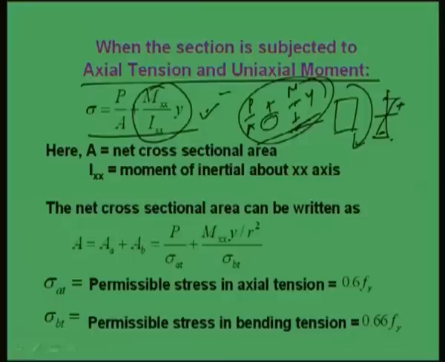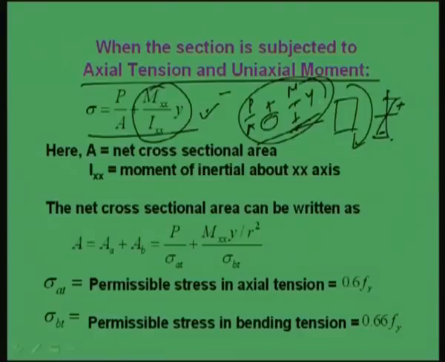The worst case comes when both the stresses add. In that case, it is P by A plus M by I into Y. So we will focus our analysis and design only on the addition part, plus M by I into Y, not minus M by I into Y. If the minus comes into picture, it is going to reduce, or if M by I into Y is more than P by A, then it is going to be a compression member, no more a tension member. So that also we have to check, whether it is a tension member or a compression member.